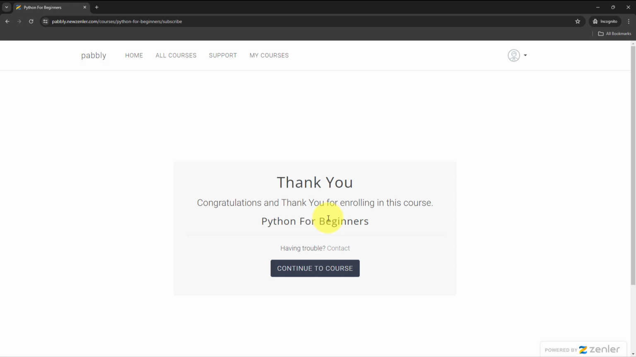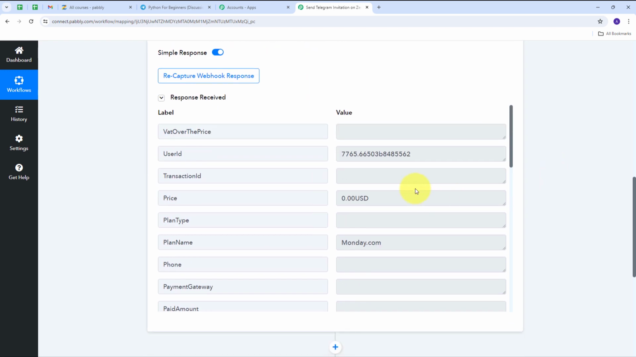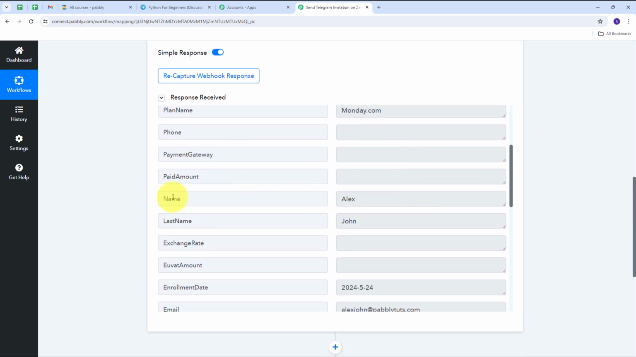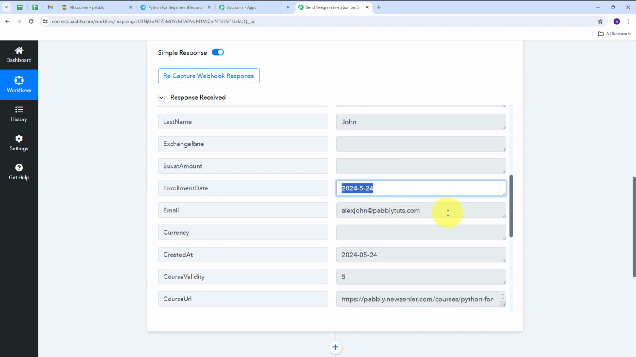Now let's go back to Pabbly Connect. And here in Pabbly Connect we can see I have received the response. So in this response I have all these details. So here I have the name of my student, that is Alex. I have the last name, that is John. I have my enrollment date, that is 24th of May 2024. I have the email address, that is